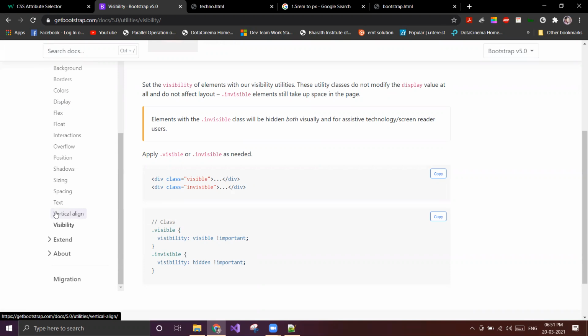Next weekend, we'll practice on Bootstrap classes. We'll do tasks in two ways: first using pure CSS, and then we'll make the same page using Bootstrap. Then we can end the class here.